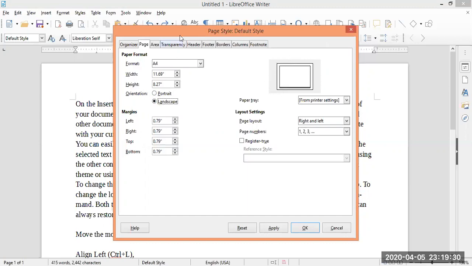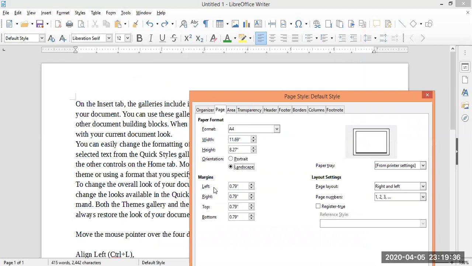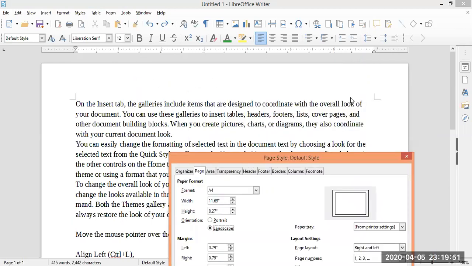Now changing the margins. Page margins can be there like left margin, right margin, top margin and bottom margin. In left margin, you can see the margin before the text at the left side. Likewise, on the top also and on the right side also.